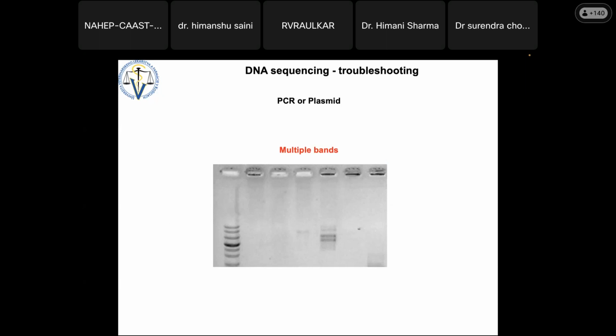So I don't recommend to use PCR to PCR, or reamplification of your PCR product, because a lot of garbage is there. Garbage in terms of non-specific products. So this is a typical example. You have several non-specific bands, and all of these are going to amplify in the second round. So the best way is